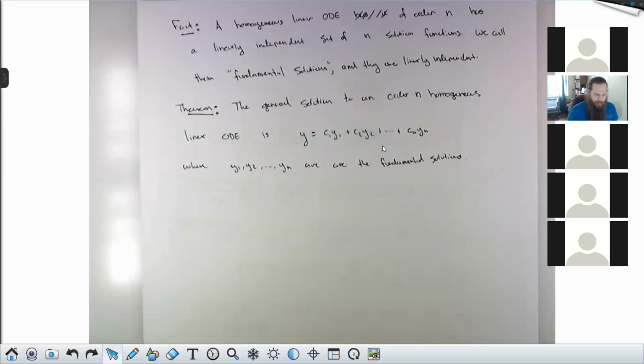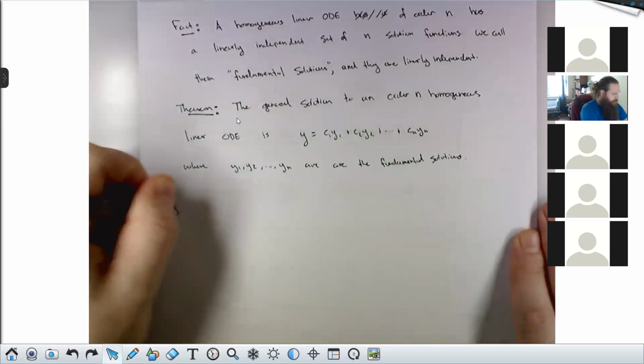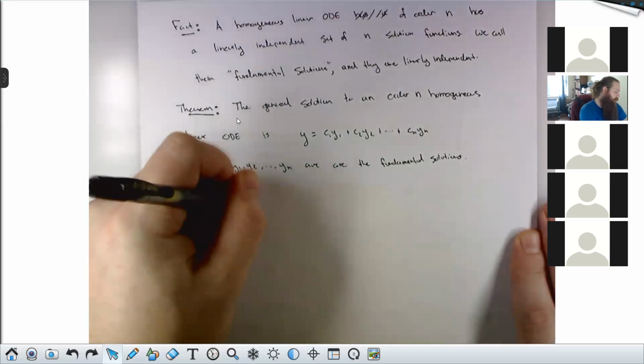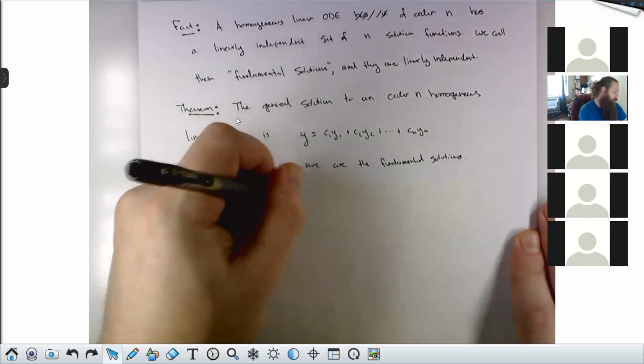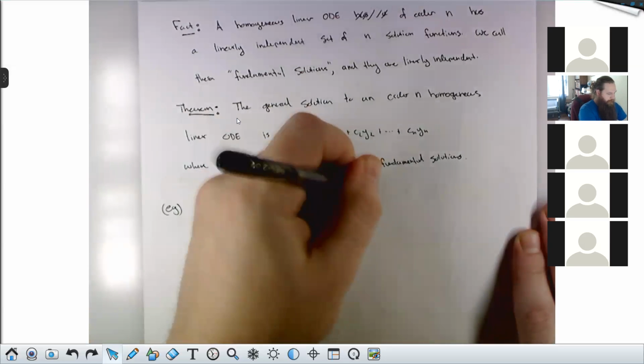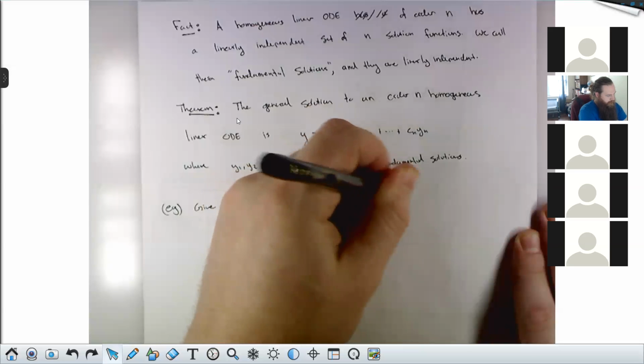There are some examples in your textbook where it says, here are some of these things, show that they're linearly independent by computing the Wronskian, or write down the general solution. I'll do one of them. There's 3 of these. I'm not going to do all of them. Let's just do this one. So to give the general solution of y'' minus 9y equals 0,